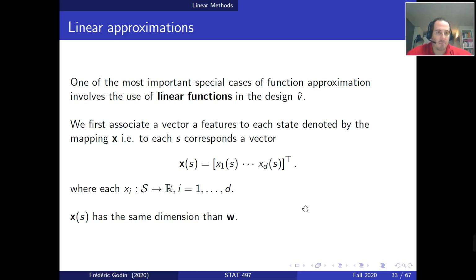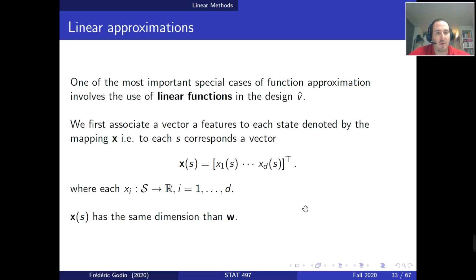So this might be fine for some problems, but sometimes having constant values among states within an aggregate is too simplistic. It might work well in some problems, and in others it might not work that well. So another